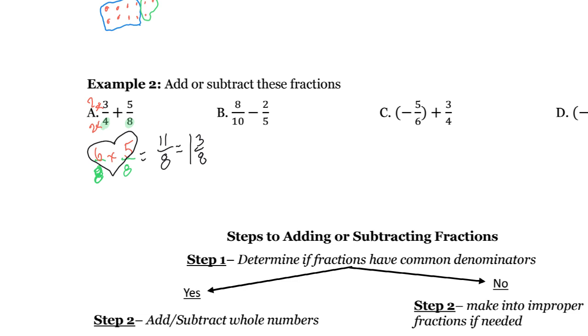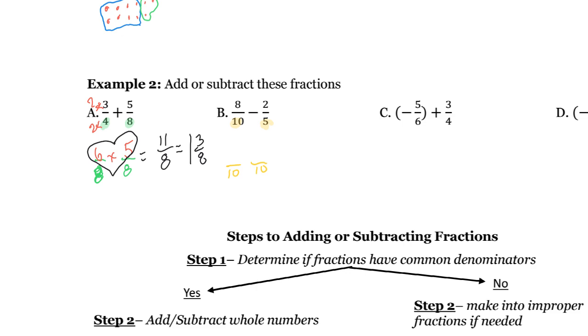Okay. So we have 10 and 5. Are those the same? No, hopefully you're saying. So we have to find our common denominators. So think about multiples of 10 and 5. So multiples of 10: 10, 20, 30, 40. Okay. Multiples of 5: 5, 10, 15, 20. Okay. Hopefully you noticed 10. So that our common denominator is going to be